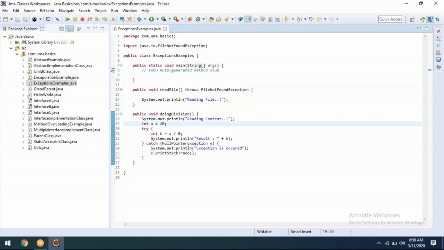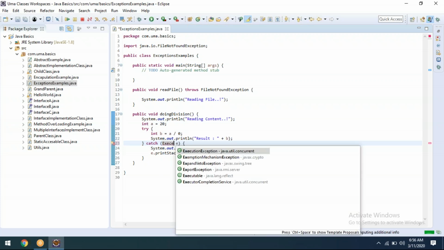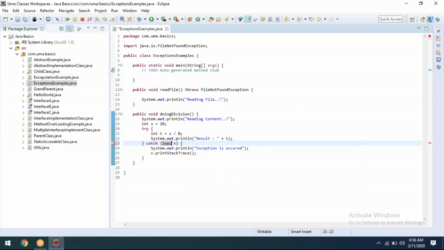Now see, here we always have to put the exception. If you don't know anything, just put Exception.